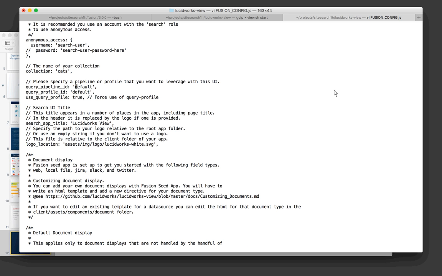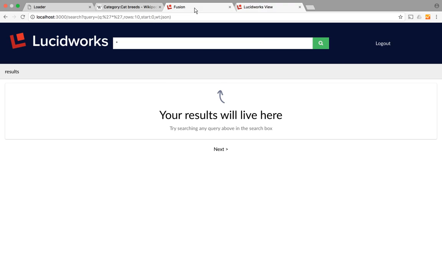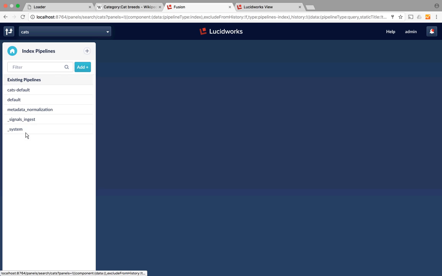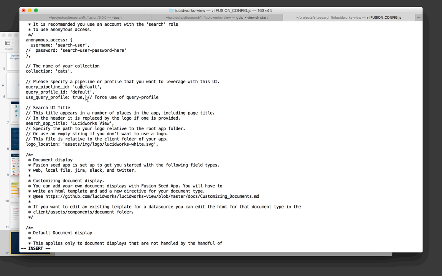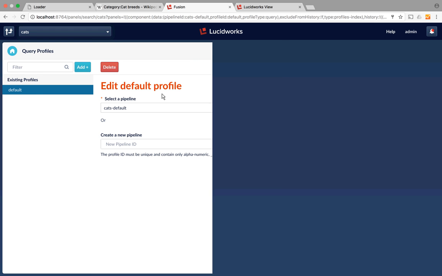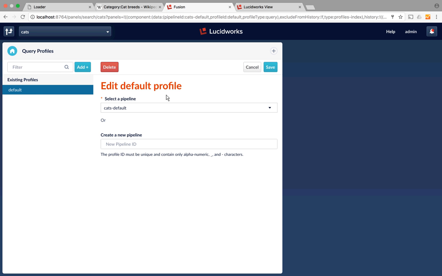Let's go look at what our pipeline was. Our pipeline is called cats default. And there's this thing in Fusion called a query profile. What a query profile does for us is it lets us create an abstraction so that when you have a